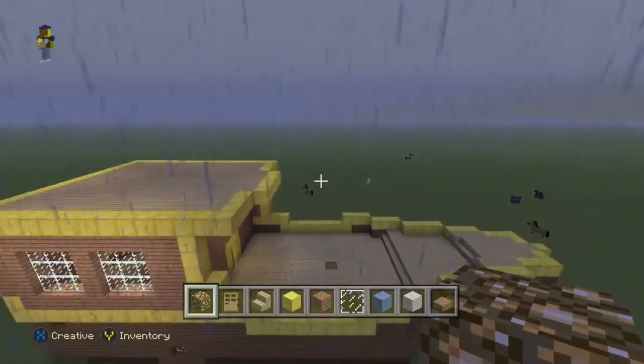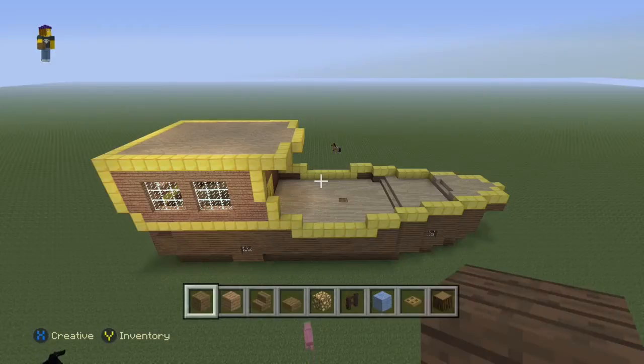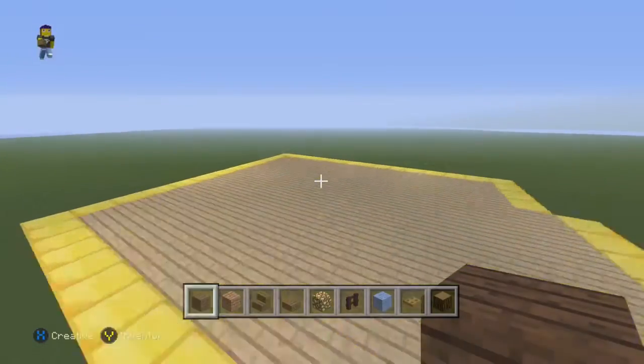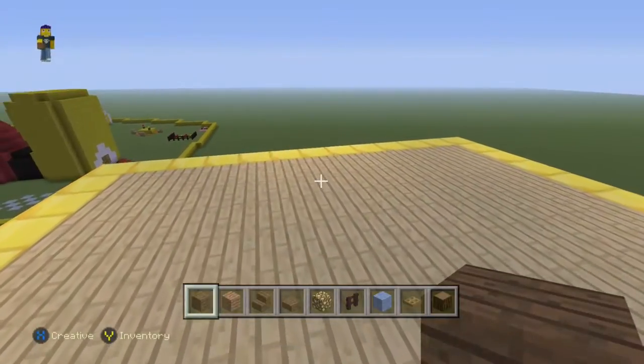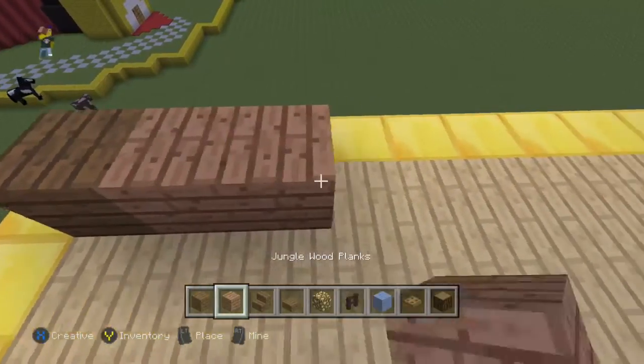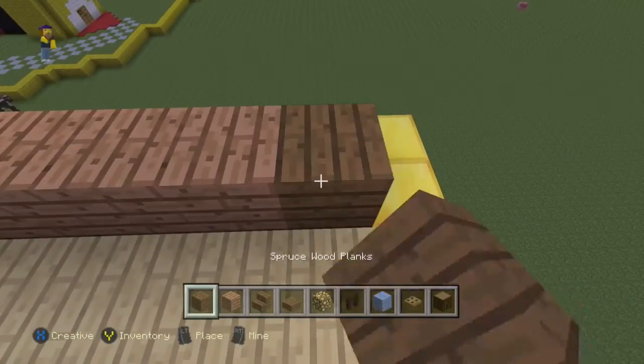So there you have it, guys, that is our cabin. Now guys, we're going to jump onto the backboard, which will be spruce wood and jungle wood. So we're going to place the spruce wood right in the corner of our birch, and we're going to do that on both sides, and then we're going to have a layer of jungle wood in between, being 9 long,